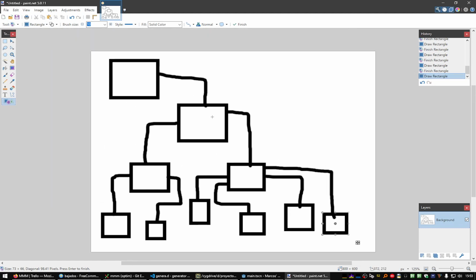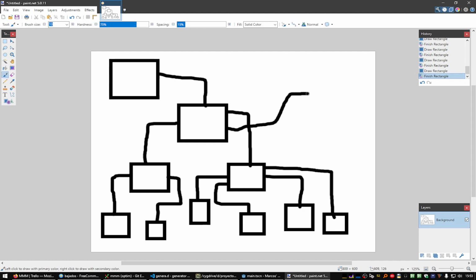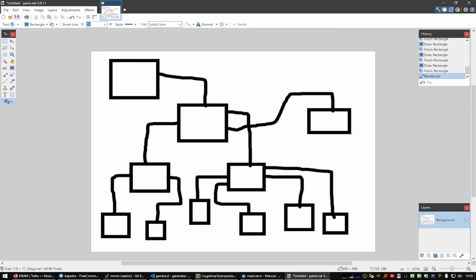Or I could, in theory, do something like this with some solutions going upwards in some fashion, or